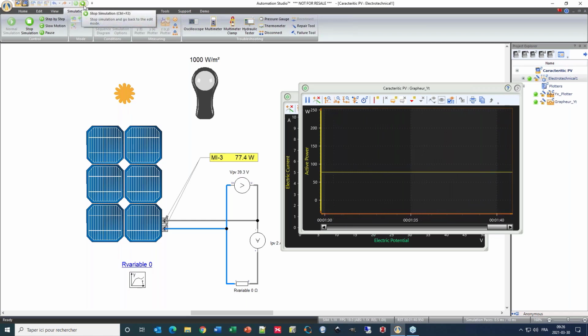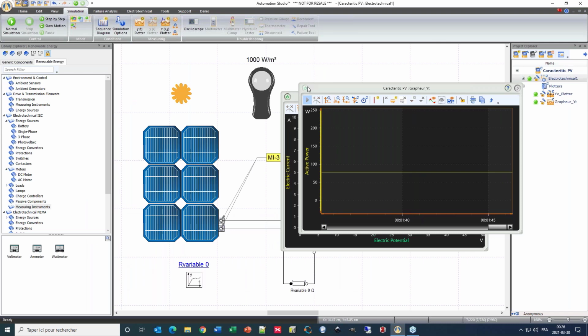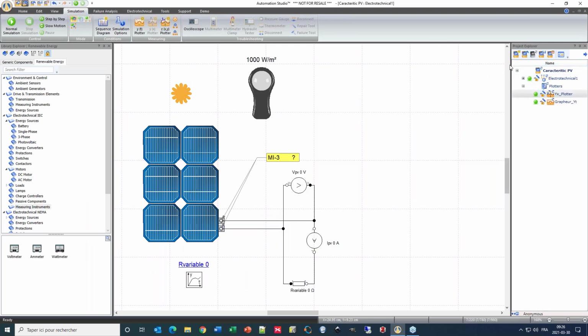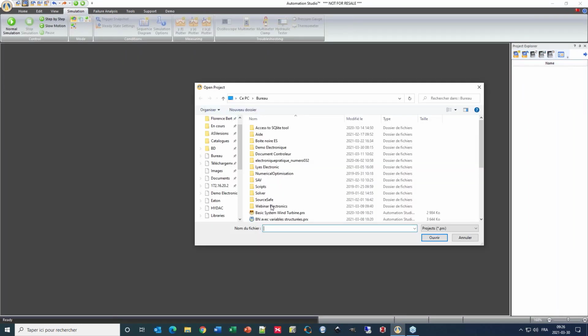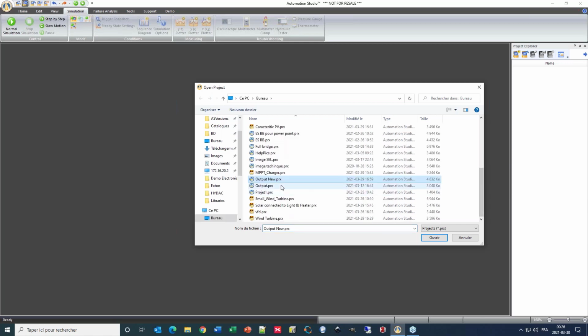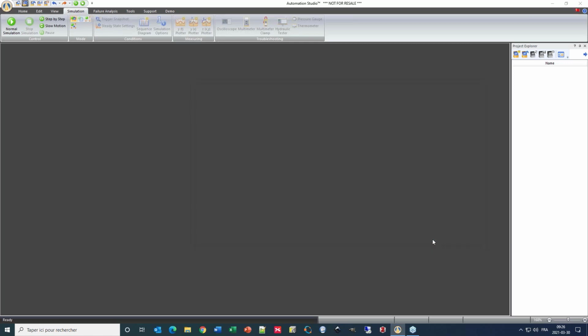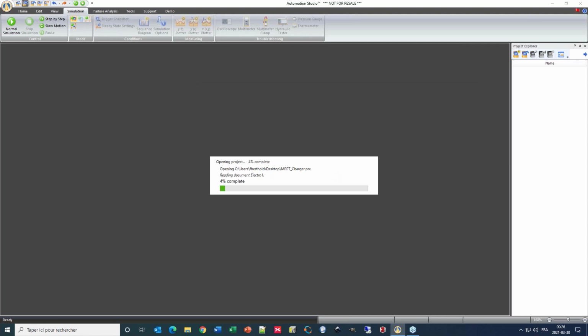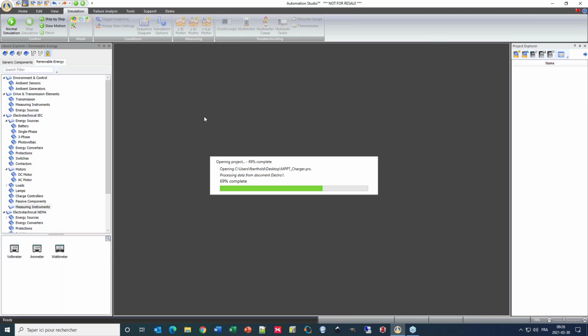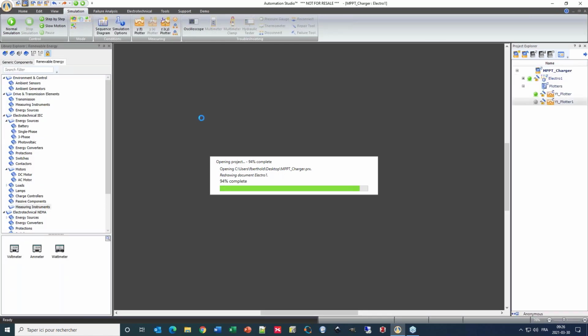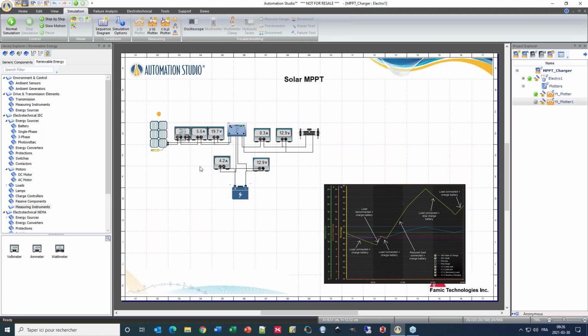Okay, so now let me show you another project where we are able to manage a battery charging. If I go here and go to MPPT Charger, as I told you at the beginning, we have created some controllers such as MPPT or PWM